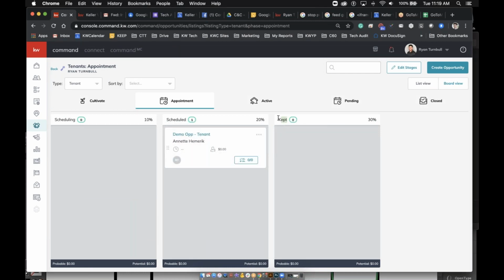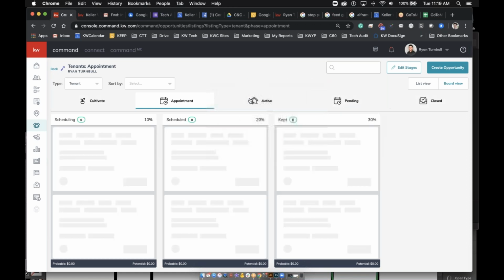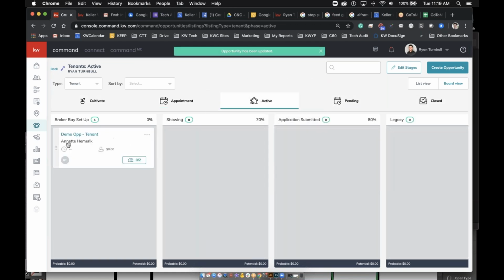I'm not a big fan of this one personally. And again, we'll get into customizing all of these phases. But now that Annette and I have met, we're sitting down together, and I'm done. I have all kinds of notes, and I'm ready to move forward with her. She's an active client. And then I go through my broker-based setup, my showings, my application submitted, my legacy, and